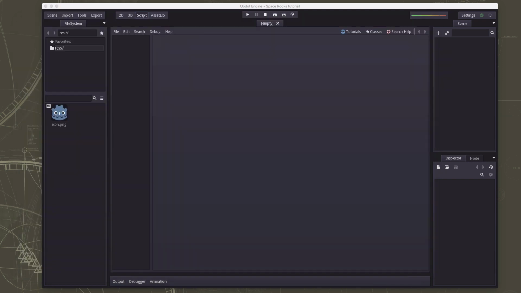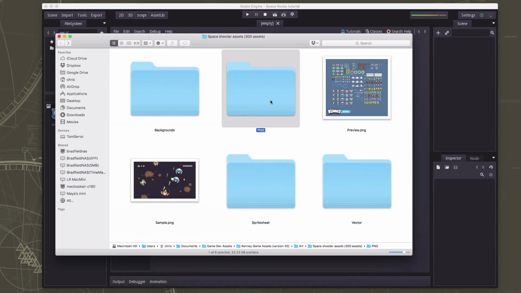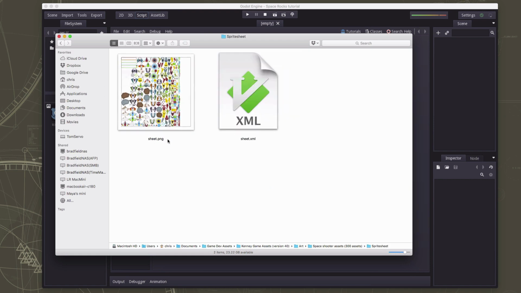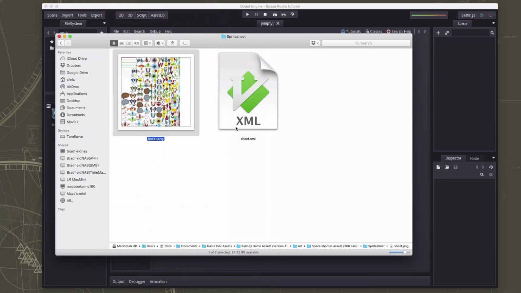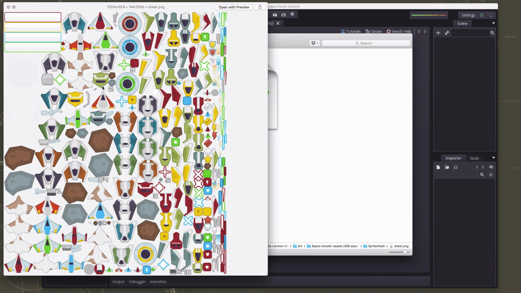And when you do, it's going to come with a bunch of folders, an individual folder that's got all the files in it, but it also has a sprite sheet. And if you look here, the sprite sheet looks like this. It's got all of the graphics packed in there very tightly in one big image. And it also comes along with an XML file that describes where those images are in this sprite sheet, or atlas, which is another word for that. So if you want this gray meteor, it'll tell you the coordinates and the width and height of that image. And to make it easy to read